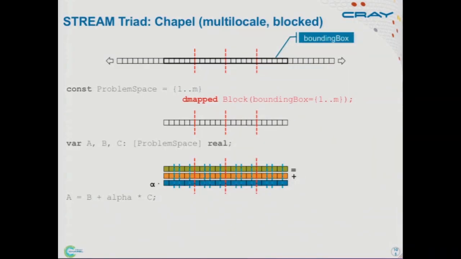In that case, obviously, one of those two distributions is not going to be respected, and so you'd have communication to bring the other elements over. So you could still write a statement like the one here at the end. It's just that you wouldn't have that same locality property that you had before.